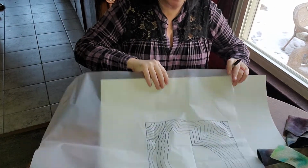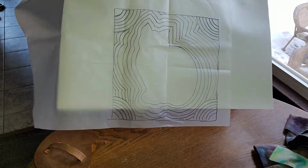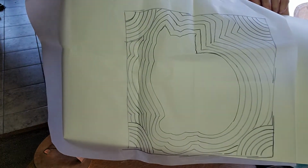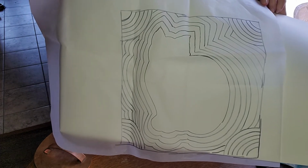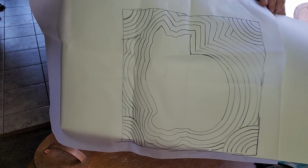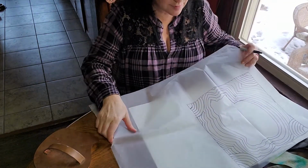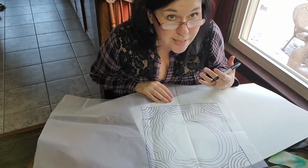So what I've got here, let's see if I can do this so I can help more, is my cat on this tracing paper with lots of designs radiating from it. It reminds me a lot of Magdalena Abbey, who did a lot of these folk designs. Now, because I just did this by starting with these corner pieces,